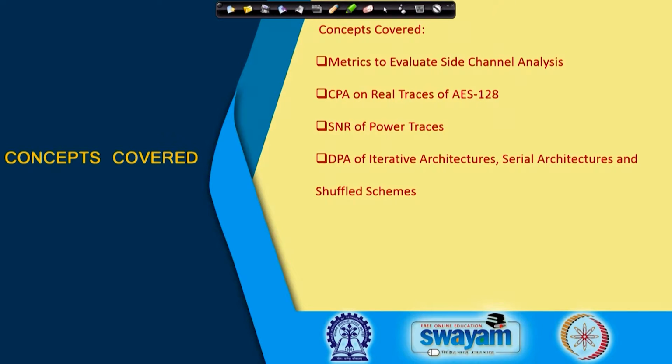Like in the last classes we discussed doing power attacks on simulated power traces. So, we shall be looking into some examples on real trace attacks. We shall be defining signal to noise ratio, or SNR, of power traces, and we shall be using it as a guideline to compare DPA on iterative architectures compared with serial architectures and a special scheme which is called